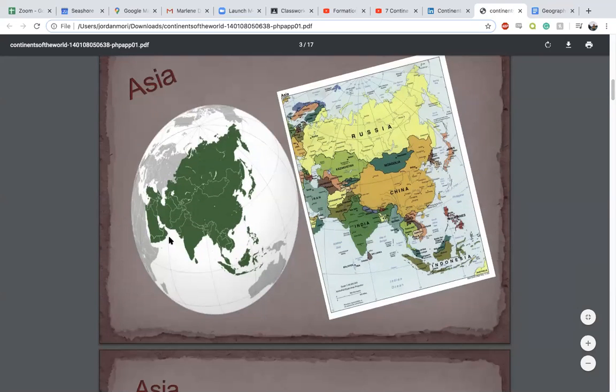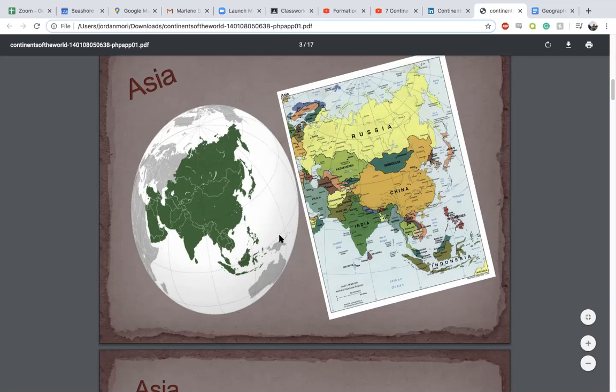So Asia, right? A lot of people don't realize that Asia includes China, Mongolia, all these countries, Japan that you normally think of when you think of Asia, but also as well Russia, right? Iran, Pakistan, India, Afghanistan, all of these countries are all also part of Asia. So if you look over here, this would be Russia, right? This whole thing right here. Mongolia would be right here. Kazakhstan would be right here, which is a very, very large country, right? And Asia would go all the way over here to Iran, India,